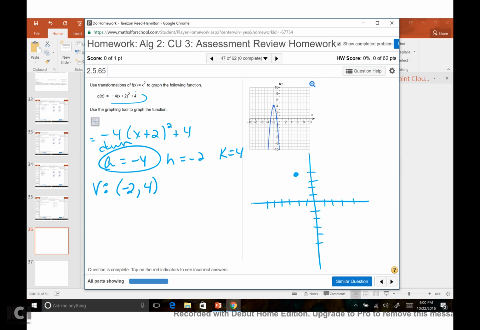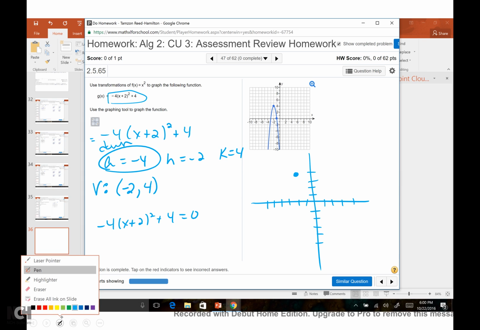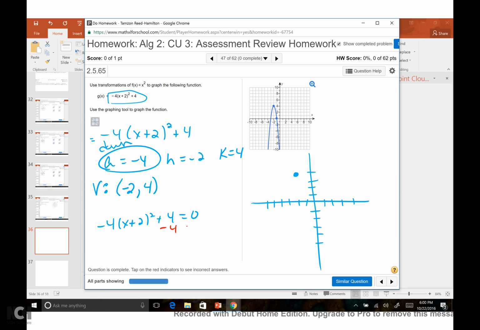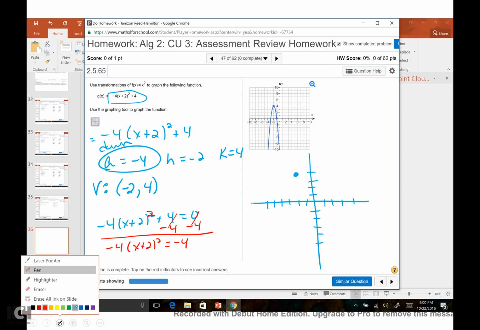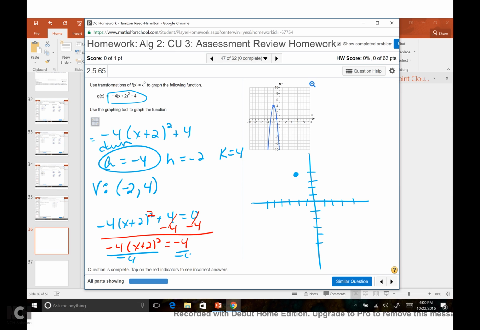And to find your x-intercepts, you take your function and you set it to 0 and you solve it. So I'm going to minus 4. I'm going to isolate and kill because all I have is a square, so I can isolate and kill it. Minus 4, minus 4. Negative 4, x plus 2 squared equals negative 4. Divide by negative 4, divide by negative 4. I get x plus 2 squared